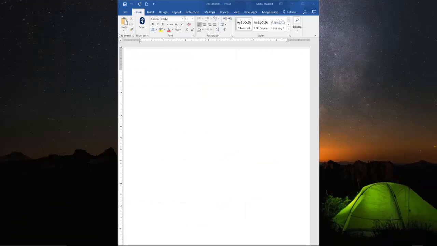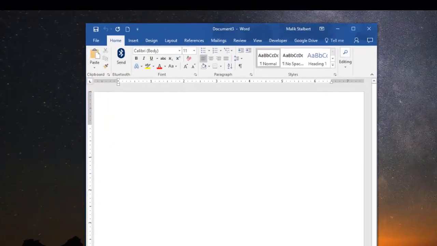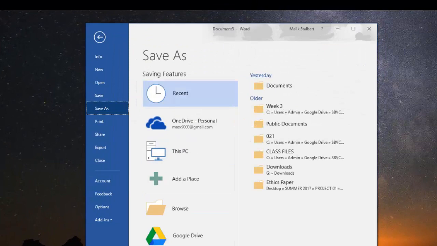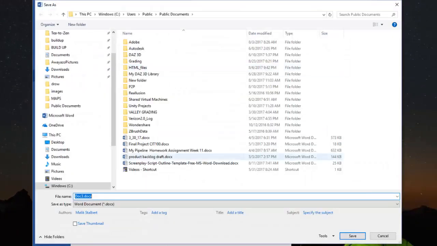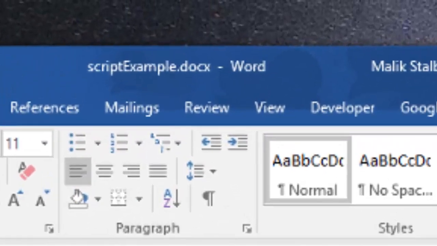First thing I'm going to do is open up Word. Second thing I'm going to do is save my document. I'm just going to go up here and hit save, or hit Control S to save. I'm going to save it on the desktop or in the documents, and I'm going to save that as script example. You would probably save yours as whatever script you're writing. Now, as you can see up here, it's saved and my name is correct. That's the name that I saved it as.